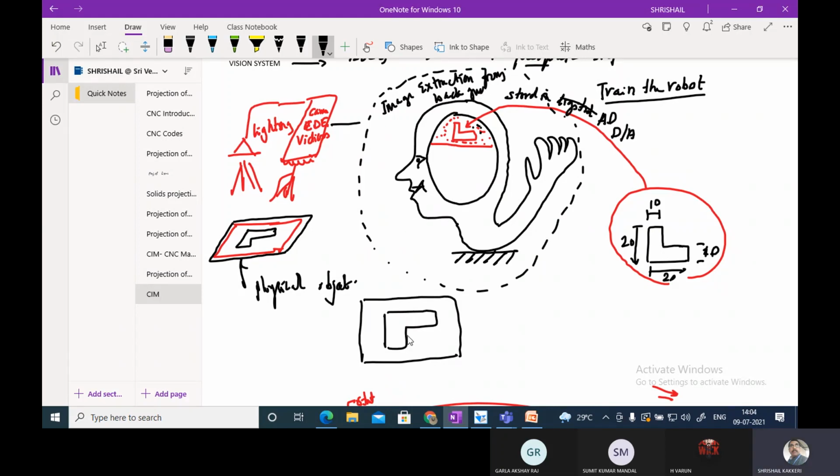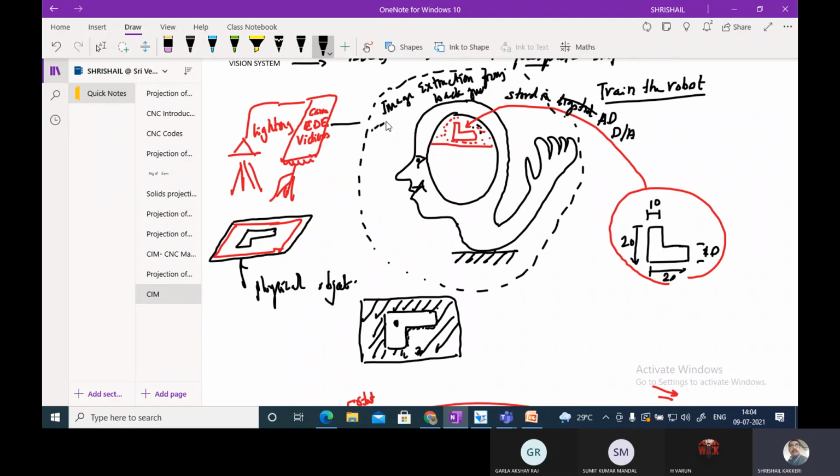Edge detection, blurring, so many other methods are there. By using those methods, this particular image will be extracted from the background, the background will be eliminated, and only this will be taken.